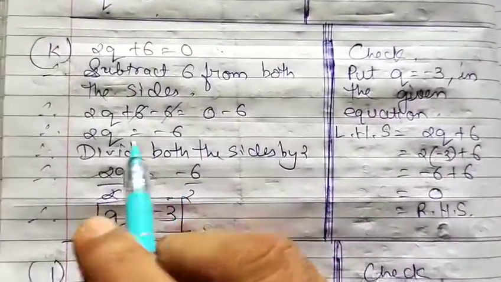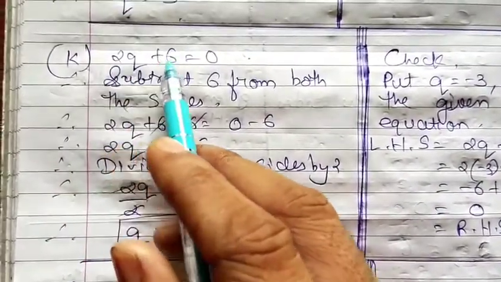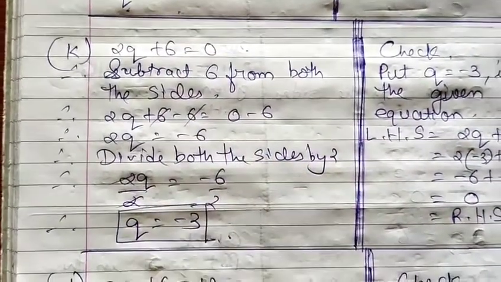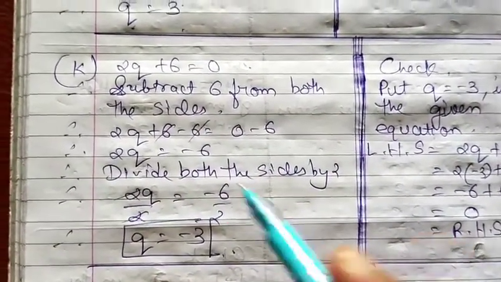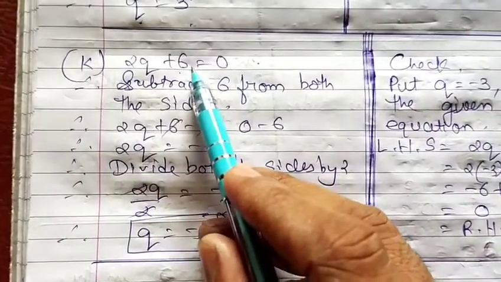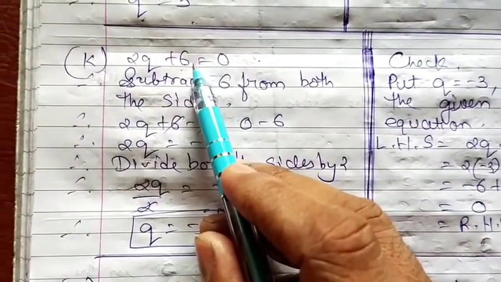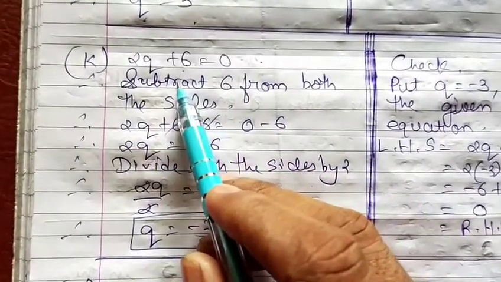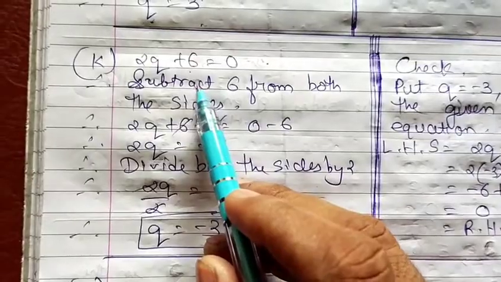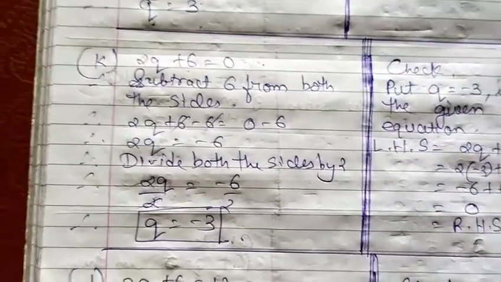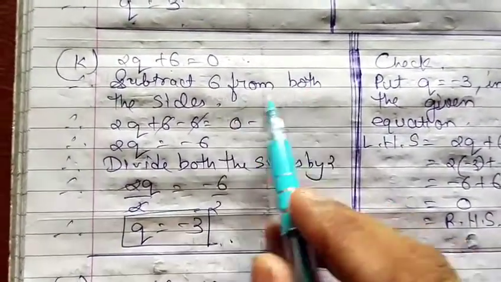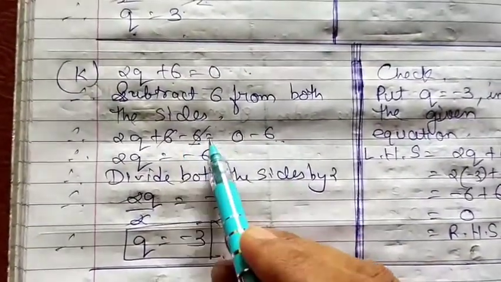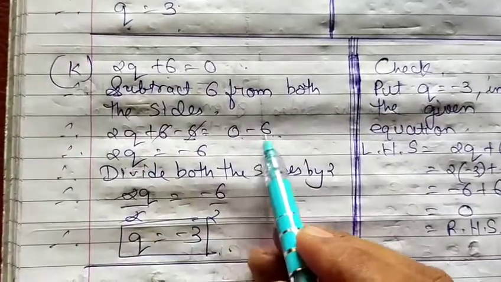Now the next one is 2 times q plus 6 equals 0. Now here positive 6 is there. So to eliminate this, eliminate means what? We have to cancel this. So to cancel this positive 6, I have to take negative 6 toward my left hand side. Whatever value you are taking toward your left hand side, the same value you have to take toward your right hand side. Negative 6 means either you can write add negative 6 to both sides, or you can write subtract 6 from both sides. By doing such, 6 and 6 will get cancelled. So 2q equals 0 minus 6, which is minus 6.